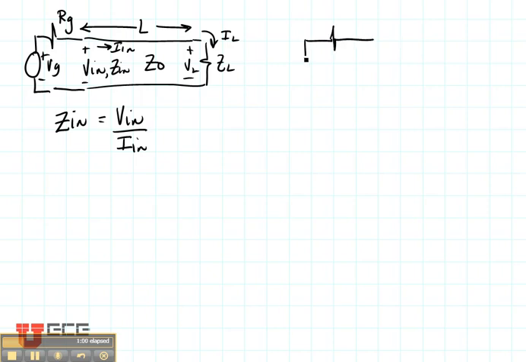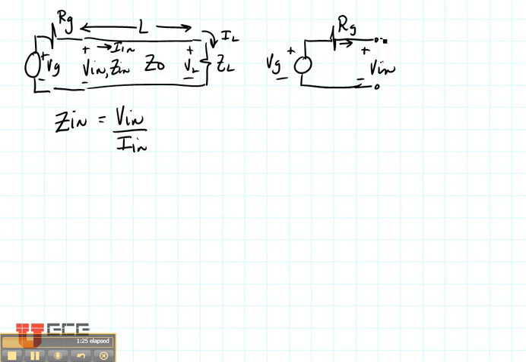Now let's look at this front end just from the point of view of a circuit, of our circuits class, like this. Here is Vg, here is Rg, and here is Vin. When would Vin equal Vg? The only time that would happen is if you had an open circuit right here, and then there would be no current in the generator. The input current would be 0, and then the voltage Vin would equal Vg.